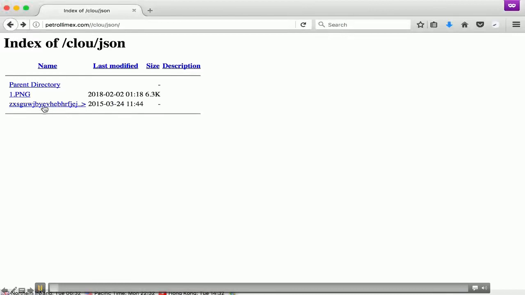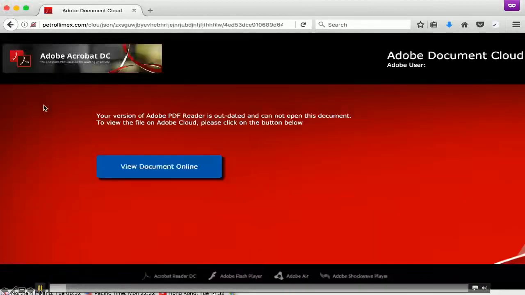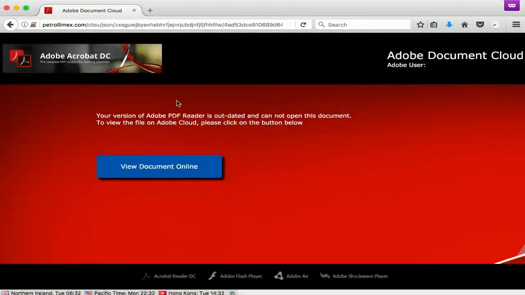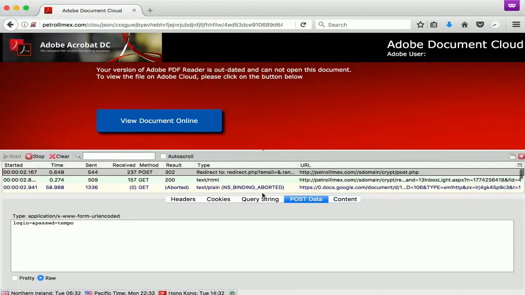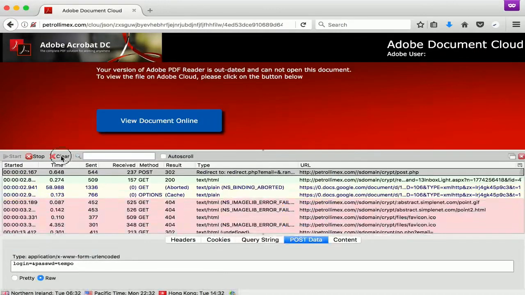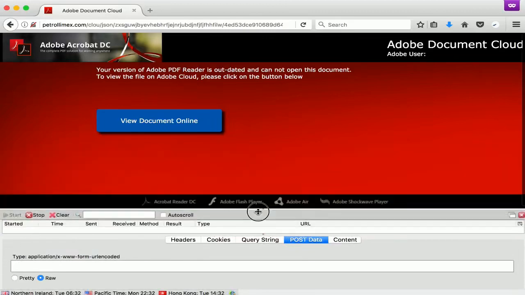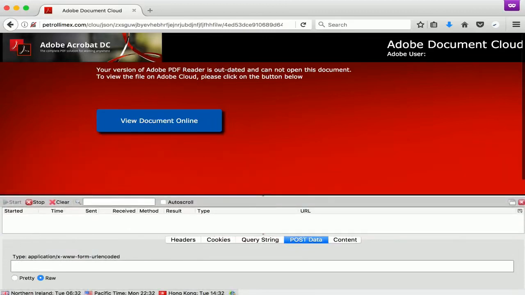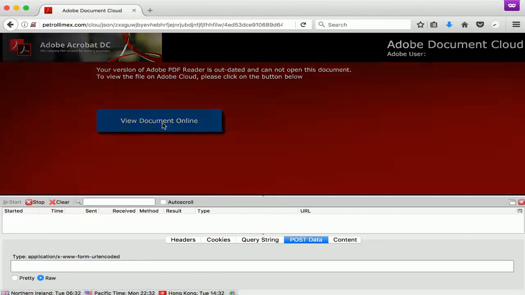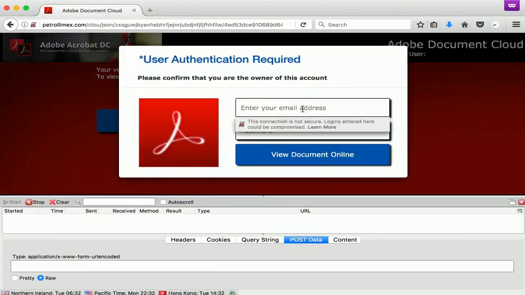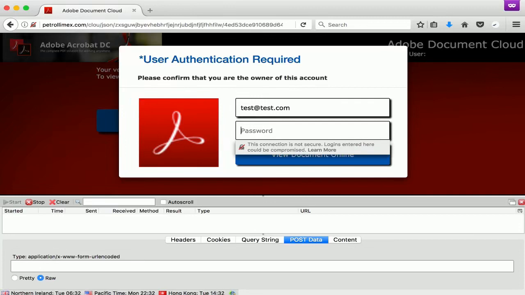So we were able to get access to this server, and we were analyzing it, because it hosts a lot of different malicious web pages. We came across this one, Adobe Document Cloud, and we were interested in how this phishing attack is carried out. This one uses the HTTP Fox add-on, and the basic premise of the attack is very simple. They social engineer you, saying that if you really want to access any document on the Adobe Cloud, you need to provide the credentials. So this is how it is carried out, and we were just testing to understand how the whole workflow of this phishing attack works.